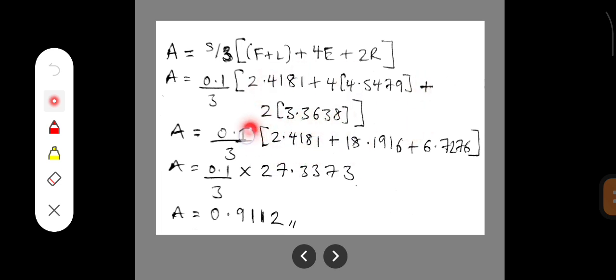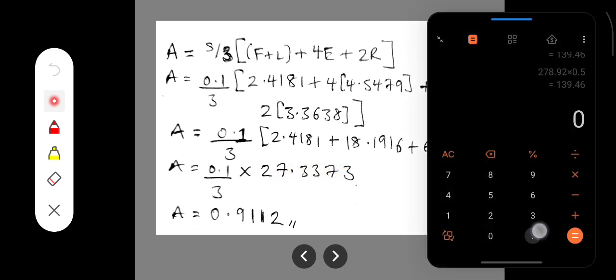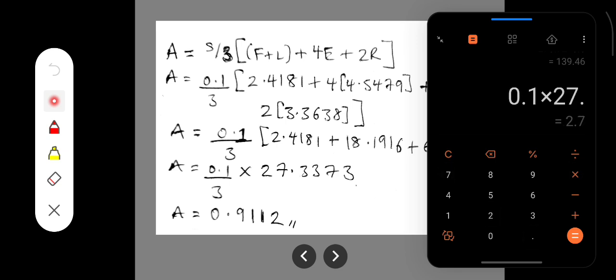Now we will add this together. We have 0.1 divided by 3 open bracket. The first and last ordinate gives this, plus 4 multiplied by the even ordinate gives 18.1916, plus 2 multiplied by 3.3638 gives 6.7276. Now the sum of these three terms gives 27.3373. Now let's do that. When we have 0.1 multiplied by 27.3373, now divided by 3 again, so we have